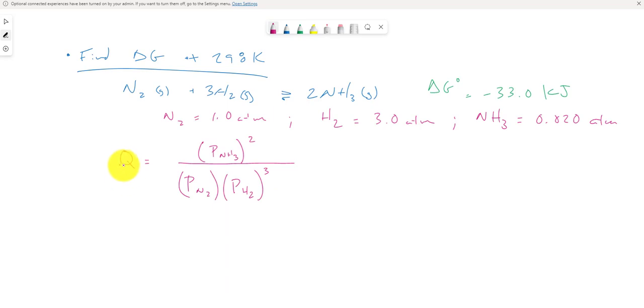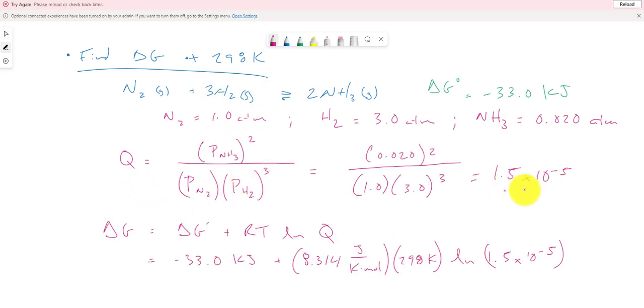So first thing, we just need to compute whatever that reaction quotient is, which is going to modulate our overall delta G. And since we're dealing with gases here, instead of concentrations, we're using partial pressures, which is really the same thing as gas concentration. So everything else is the same. We'll have the partial pressure of ammonia raised to its coefficient 2 here over partial pressure nitrogen times hydrogen raised to the 3rd. So we'll plug in our values. Okay, so we can take that value, which we compute, 1.5 times 10 to the minus 5, and plug that